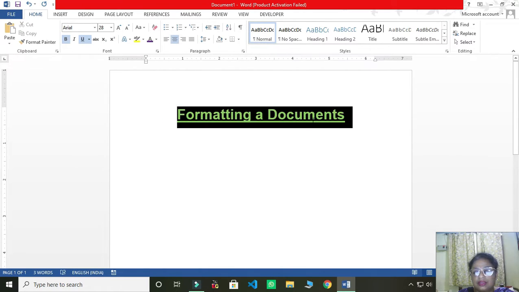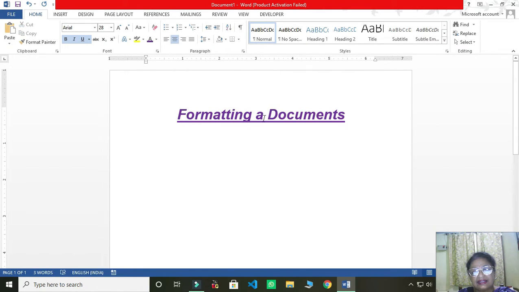Now if you want to give another emphasis, you can use italics. What it does is the text slants to the right. You see the selected text is slanting to the right hand side.